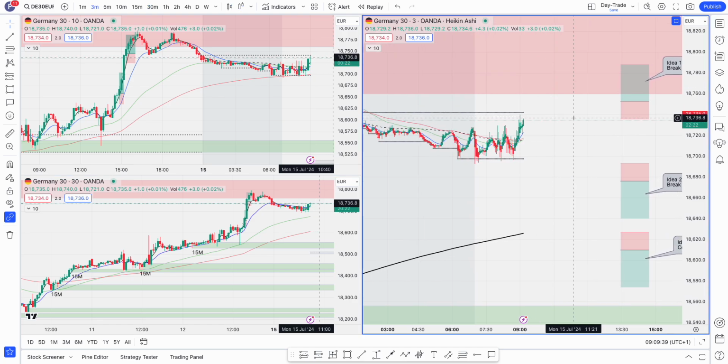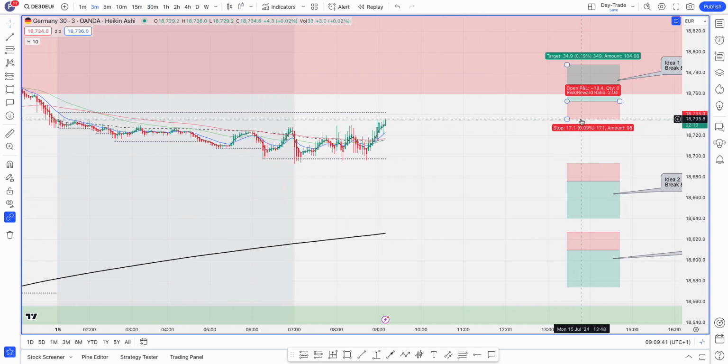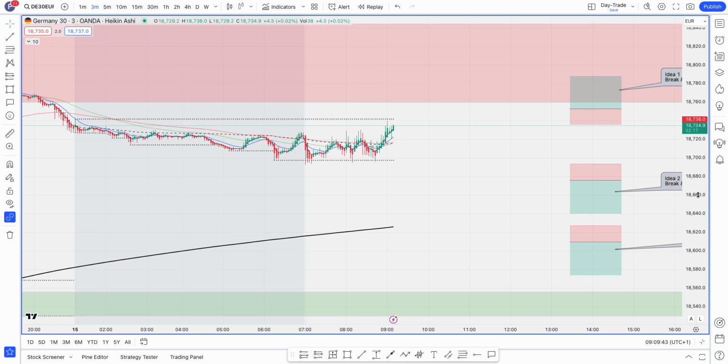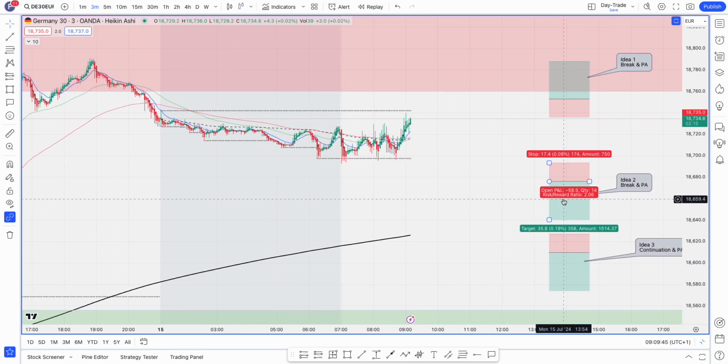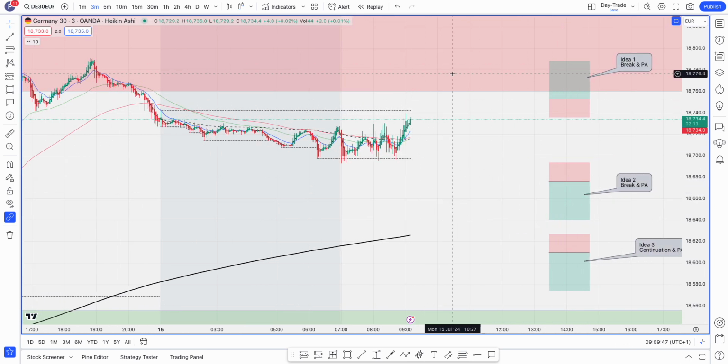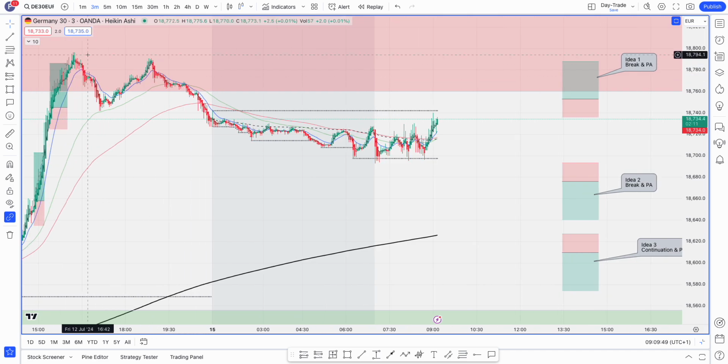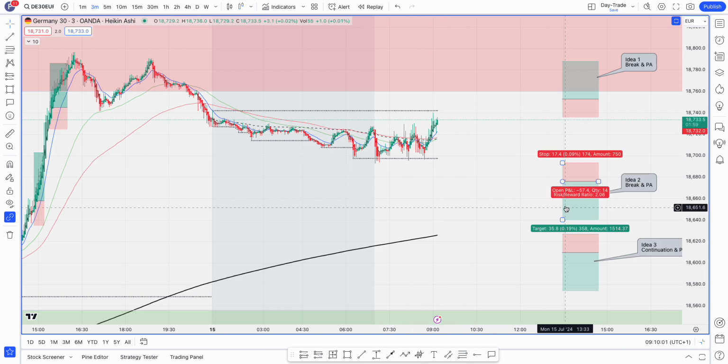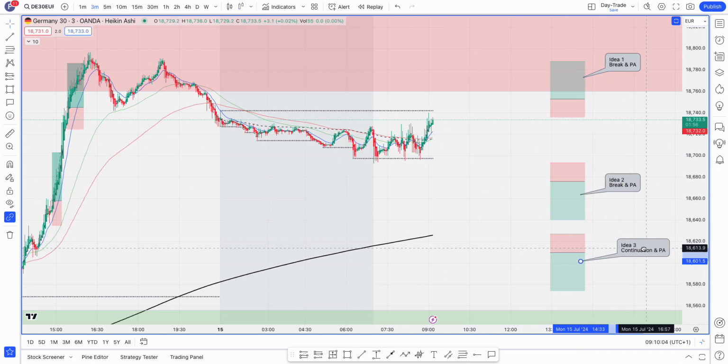high, let's just have a look at this quickly. If we break Asian range high, we could see prices testing this high, which was created on Friday, and possibly going down or even trying to go higher. But if we break, that's the higher probability. If we break this, this is the one that I'm just talking about, idea 2 and 3. If